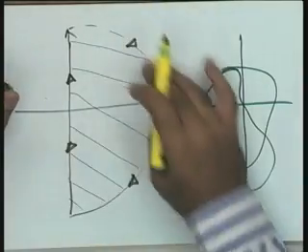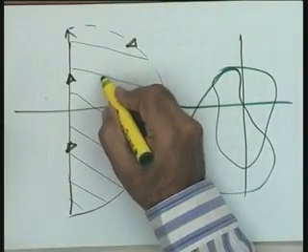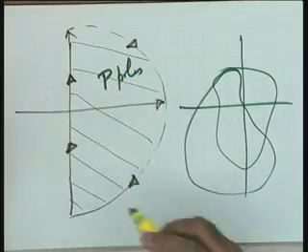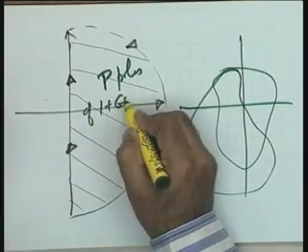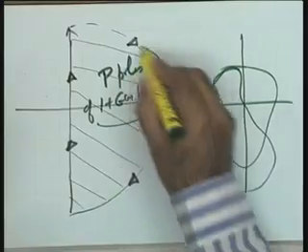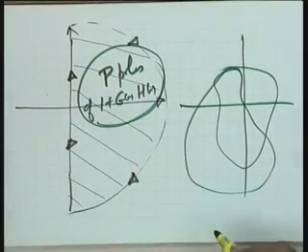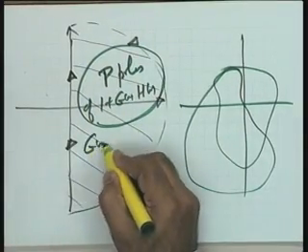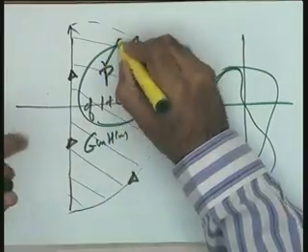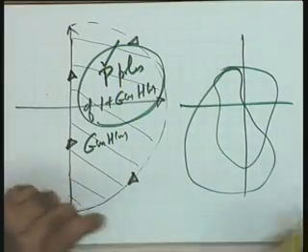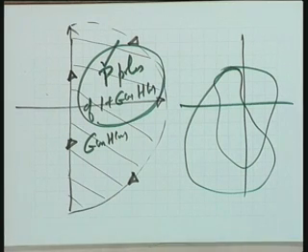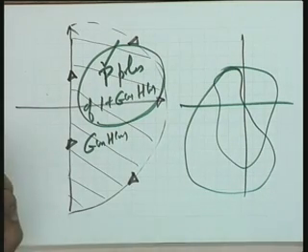Suppose in this particular contour, just suppose that there are P poles of 1 plus GSHS. You will please recall that these P poles of 1 plus GSHS are nothing but the poles of GSHS which are known to you, and hence the value P is known to you. Capital P I am taking. P poles of 1 plus GSHS. These are not the closed loop poles. This point may please be very well understood. These are not the closed loop poles of the system. The function under consideration is not Ys by Rs. The function under consideration is 1 plus GSHS.